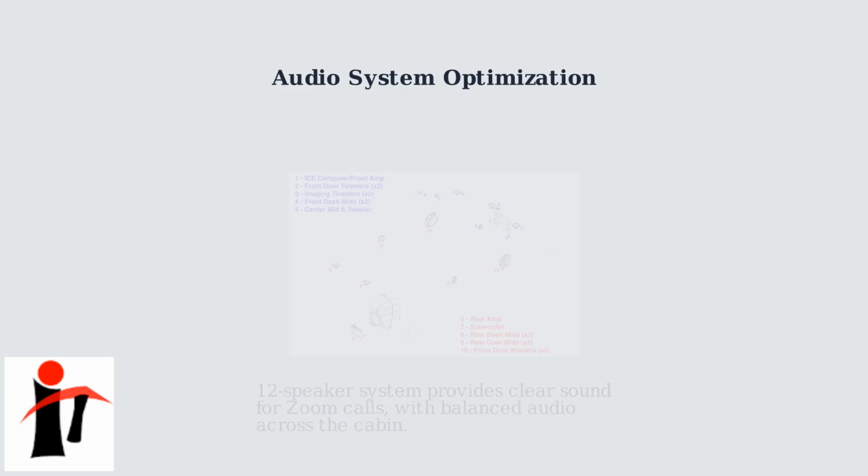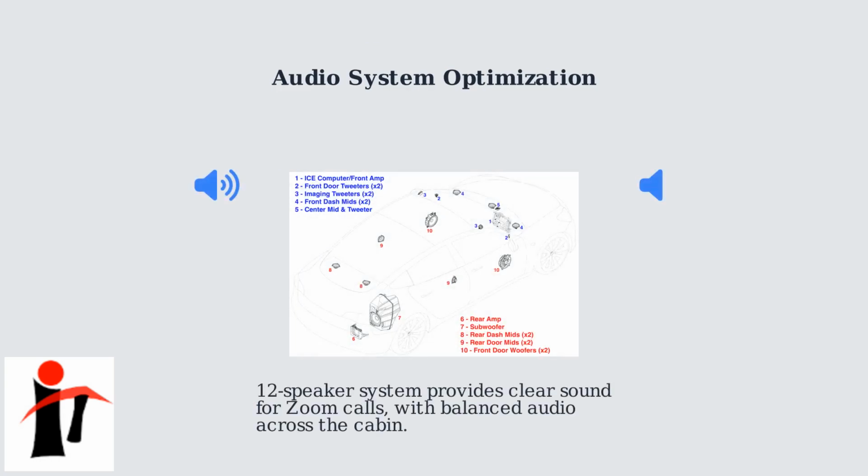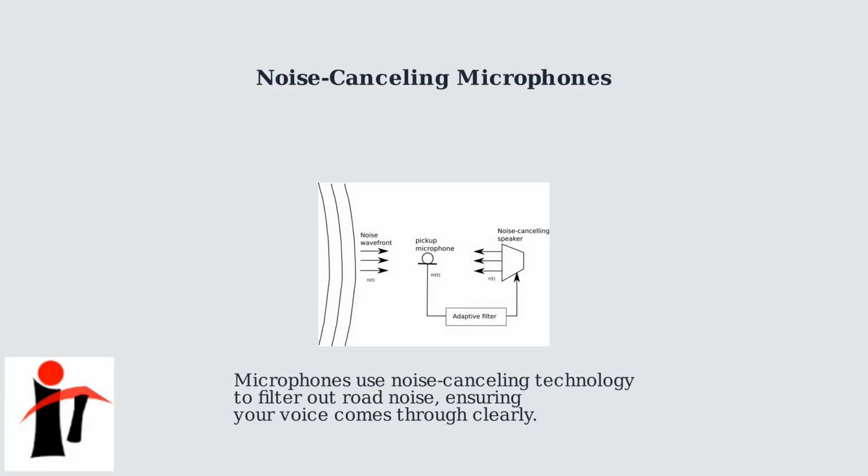Tesla's 12-speaker audio system delivers clear, balanced sound during Zoom calls. The speakers are strategically placed throughout the cabin to ensure even audio distribution, minimizing distortion and enhancing call quality. The vehicle's microphones feature advanced noise-canceling technology that actively reduces road noise and background sounds. This adaptive system analyzes incoming noise and generates opposing sound waves to cancel it out, resulting in crystal-clear audio for